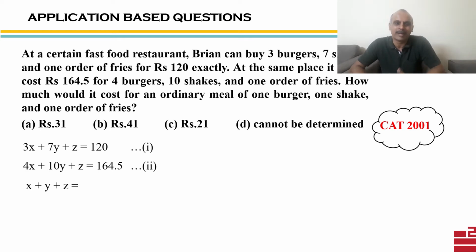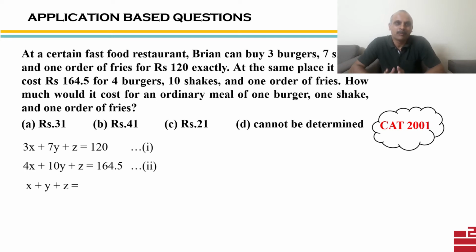We need to do some bit of manipulation. Actually, in this kind of question, what we think we should do is multiply the first equation by some number and the second equation by some other number, and then add or subtract them to somehow create the coefficients of x, y and z as desired. And what we desire here, for x plus y plus z, is that the coefficients of x, y and z are 1 each. So how do we attain this? Now it could be a case of hit and try. We keep on trying some numbers. It could be random guesswork. Maybe to some students it strikes, to some students it doesn't.